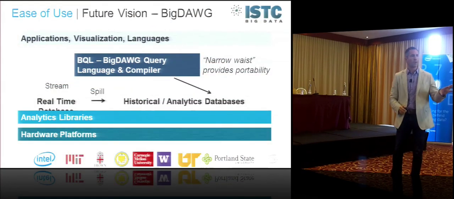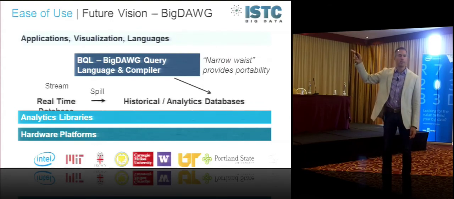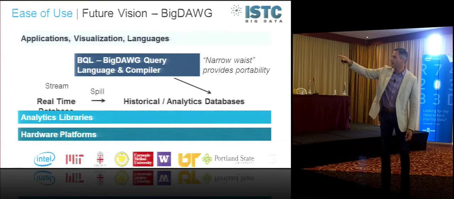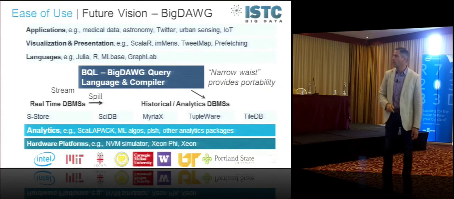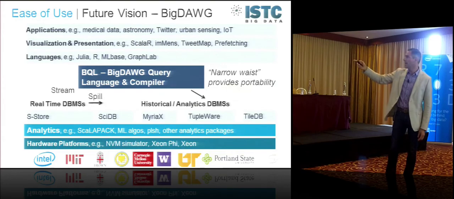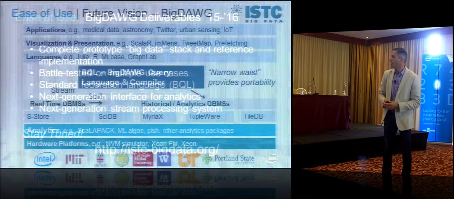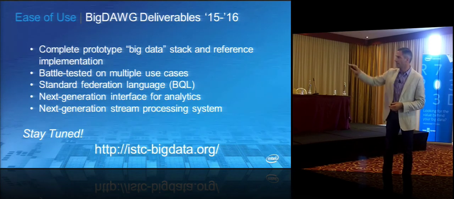And by the way, there's a lot of research going on in this space too. One of our centers at MIT is working on it as well. So we may not just unify around REST and the type of API I talked about. We could also use a common query language that federates these backends. Here are a bunch of other projects, and they could be federated through this new query language project. So this narrow waist idea of relating the data science tooling to the back end is becoming very popular. All right, so stay tuned for updates on that particular project,